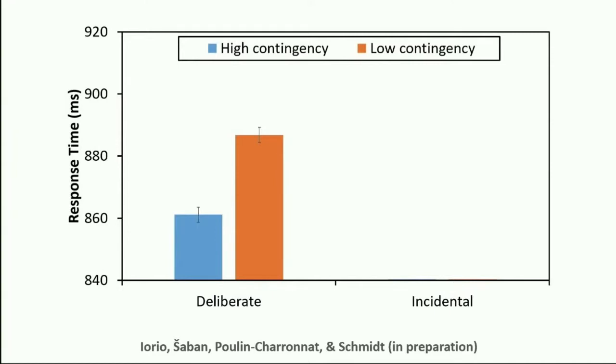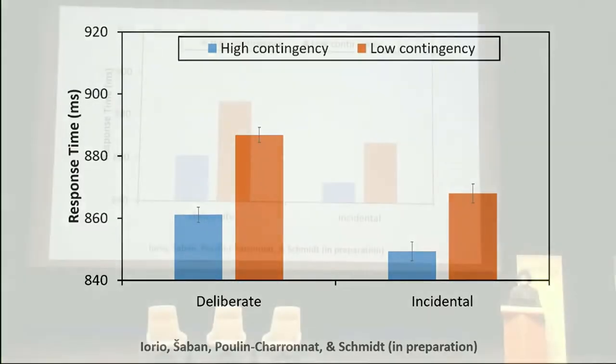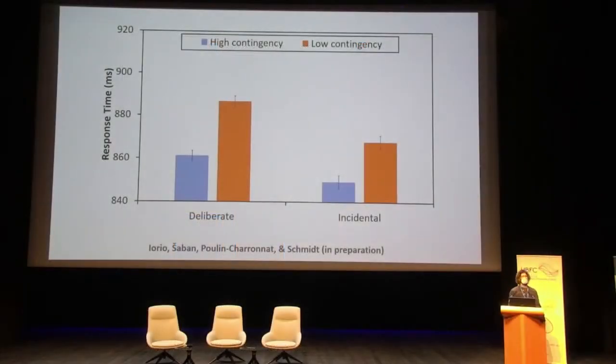Here you see the results of participants in a condition that were told to deliberately try to learn the regularities in the task, and these participants were given no instructions at all. But in both cases, you can see that participants respond faster to the congruent trials in blue, also high contingency because we introduced that regularity, relative to the low contingency trials. And that's rather impressive because this training phase lasted only about 15 minutes, not several semesters of music training. But we already see a sort of automatic influence of the regularities on their performance.